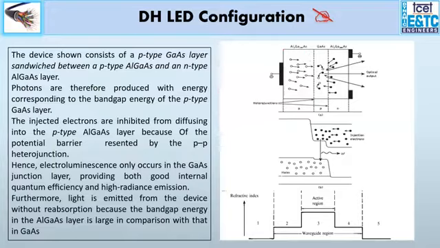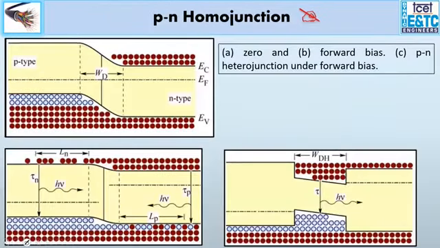So I'll quickly repeat this part on heterostructure and homostructure. It is the structure, the configuration of the active region where the recombination is taking place. It's a PN junction as I explained. Now this PN junction could be a homojunction that is made up of the same material, and once you apply the forward bias, the carriers from one side can diffuse to the other side where they become minority carriers, and after the minority carrier lifetime they fall down from the conduction band to the valence band and release a photon. Now, this can happen throughout the device structure.